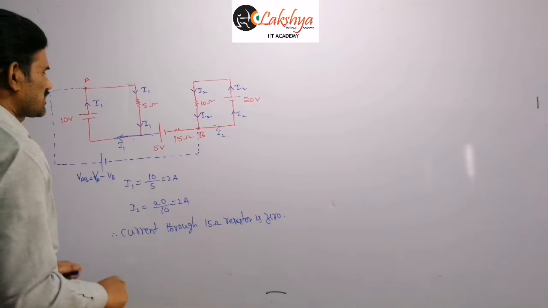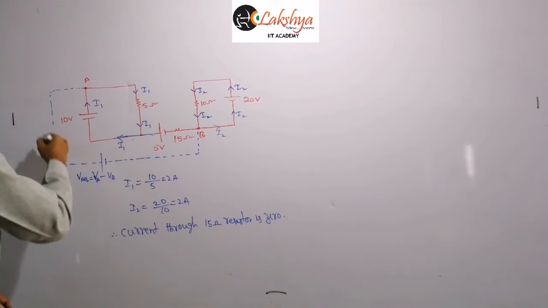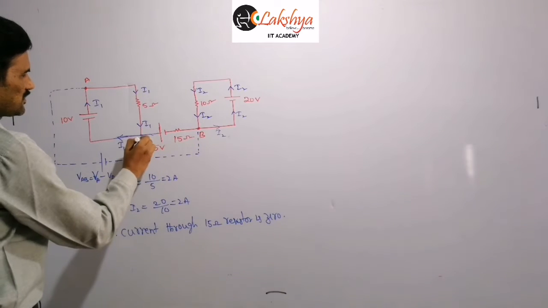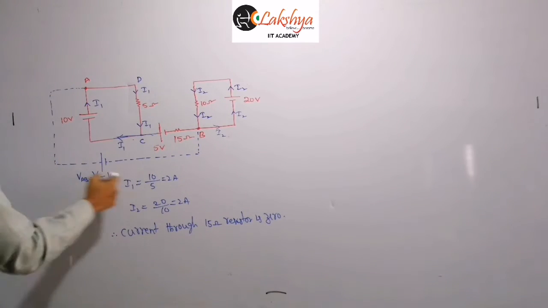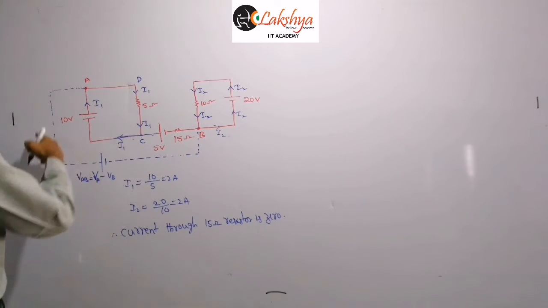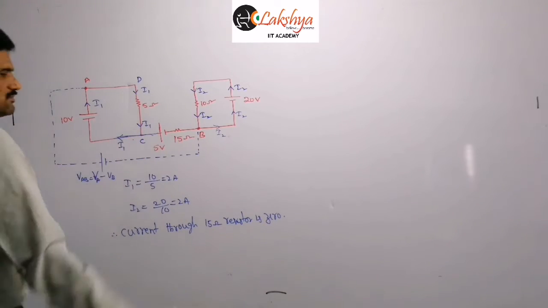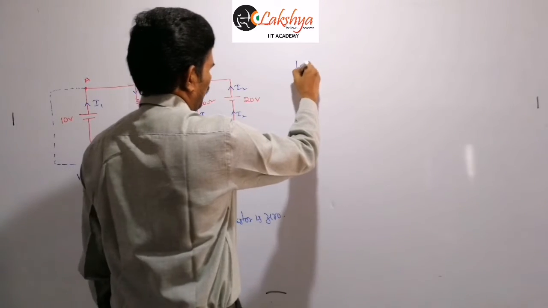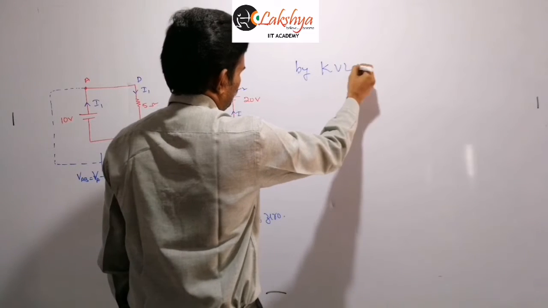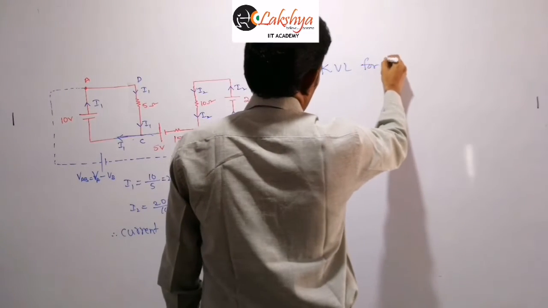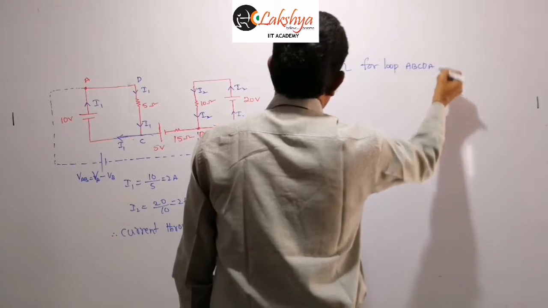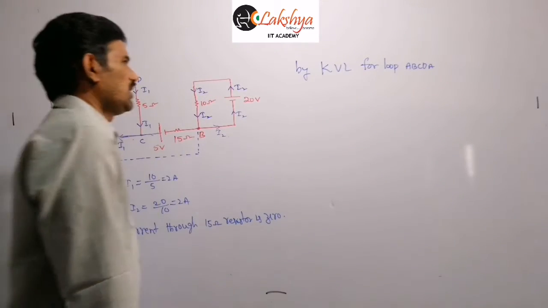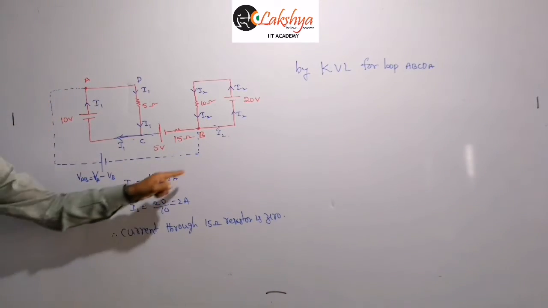So I am writing this Kirchhoff law directly here. This is AB totally. This is suppose a point C and this is the point D. That means I am taking this path here. Is it clear? A, B, C, D path. By KVL for loop A, B, C, D, A. We are taking A, B, C, D, A, which means we are applying along the direction.